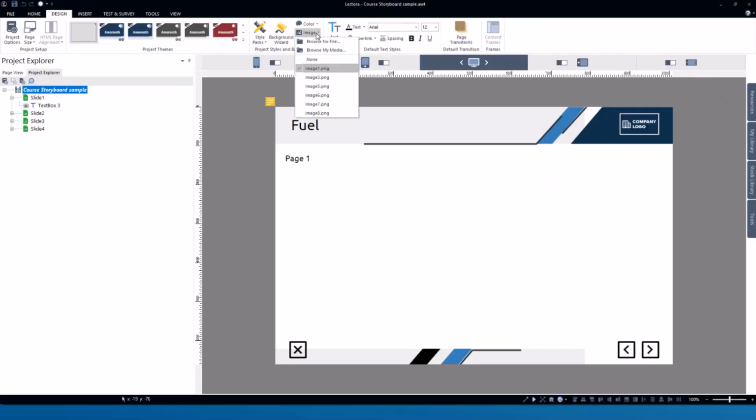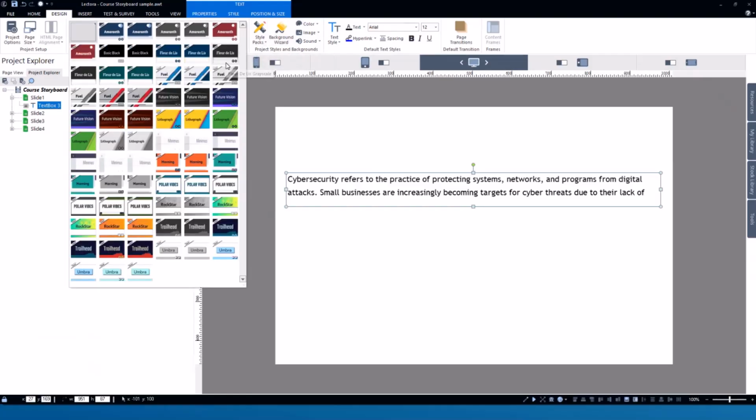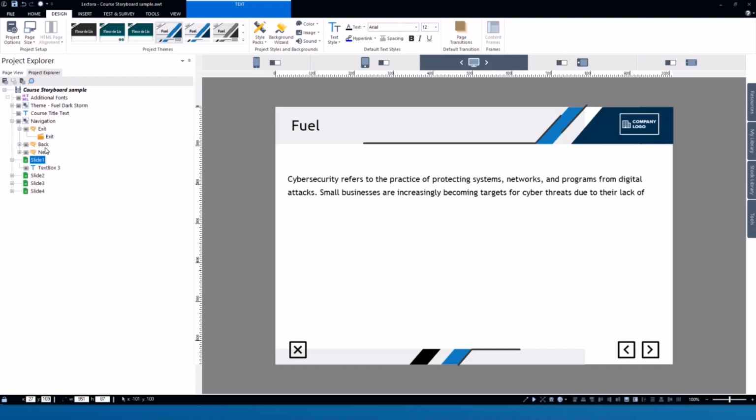And I can change my background here. So instead of this image, I can just say none. It removes it, but everything's still going to be placed where I want it to be. And then I can just grab that theme, which I had. So in the case of a template, you would just have that template open anyway. I pop that same theme back in. It's now going to look the same and do everything else the same, except these are all now actual objects